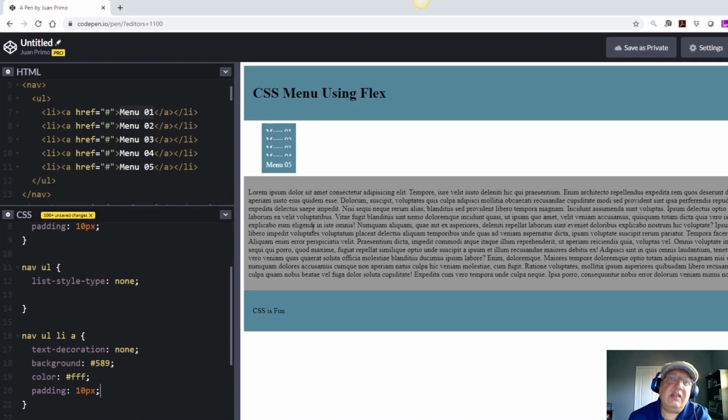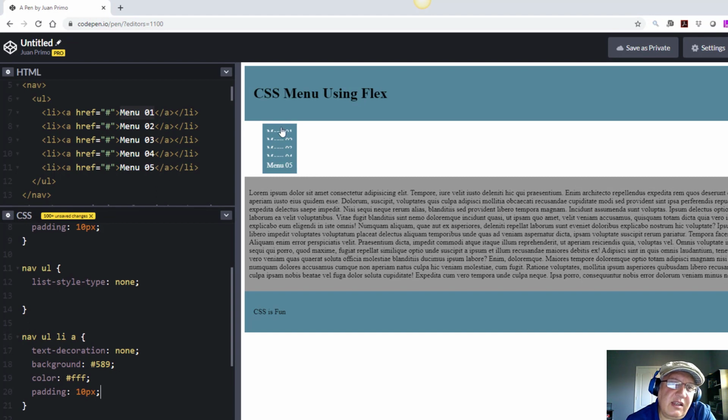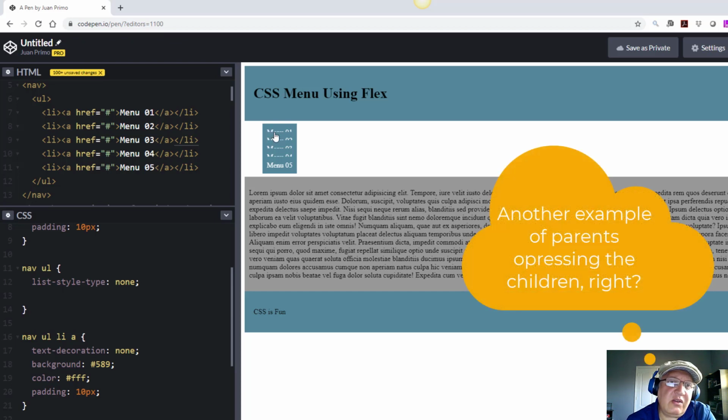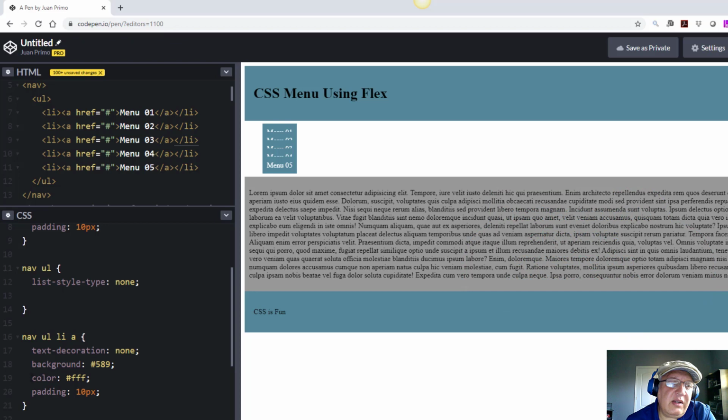Okay, now this is ugly, right? The menus start stacking on top of each other. So what's going on? What happened is that the anchor tag is an inline tag, so it doesn't have width or height. It's being contained by a list item, so the list item is really constraining these things. So what can we do? The easiest thing to do will probably be to change the